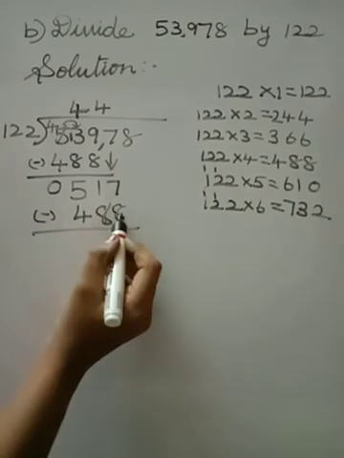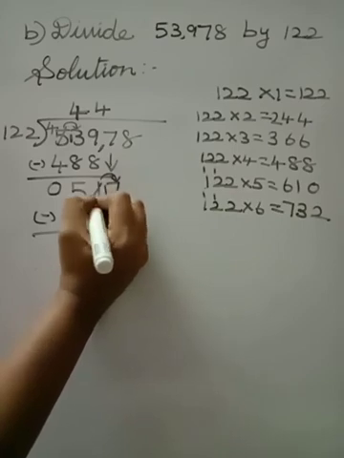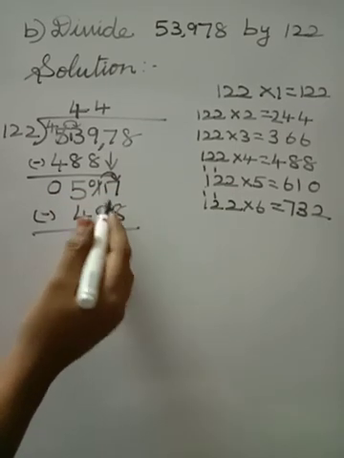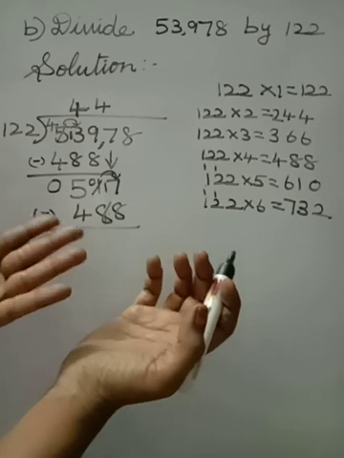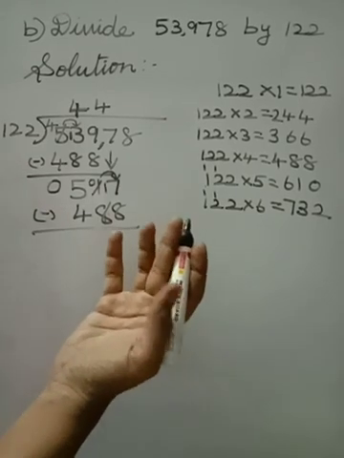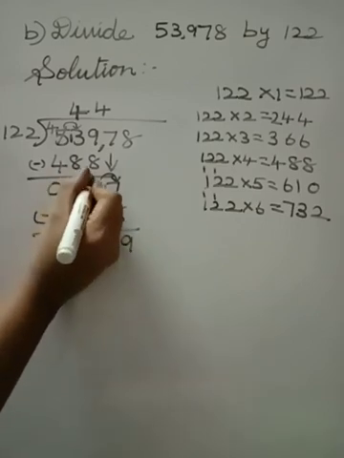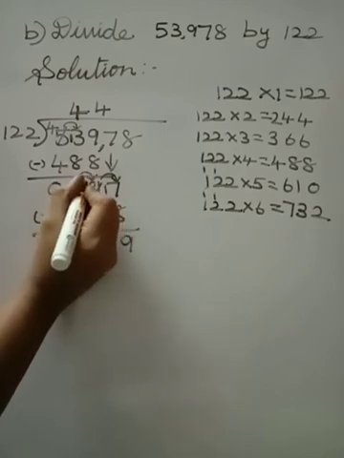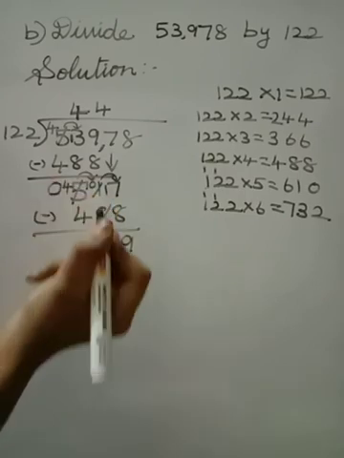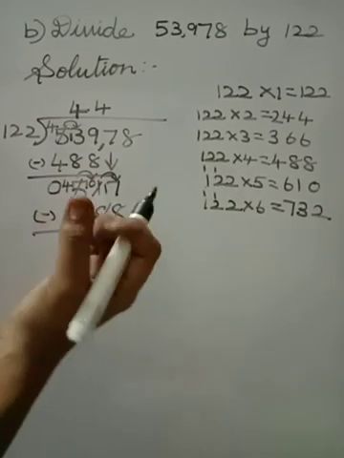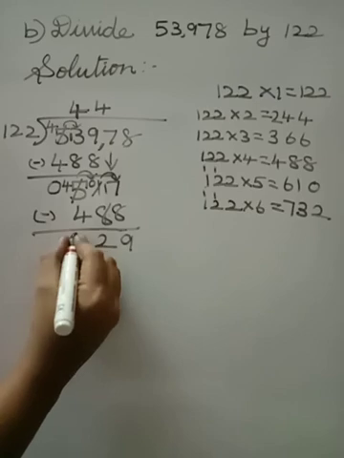So 7, 8, smaller number. So what you have to do? You have to borrow. 7 becomes 17 and the 1 before it becomes 0. So 8 to 17. 8 after 9, 10, 11, 12, 13, 14, 15, 16, 17. So how many fingers are there? 9 fingers. So the answer is 9. Here 8 to 0. 0 is the smaller number. Again I am borrowing from the nearest place. So 0 becomes 10 and the 5 before it becomes 4. So 8 to 10. 8 after 9, 10. It is 2. Here both the numbers are the same, so the answer is 0.